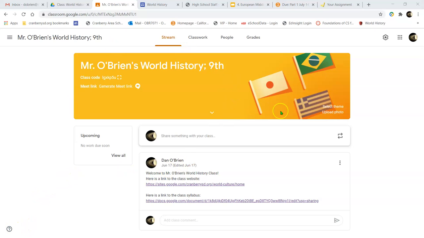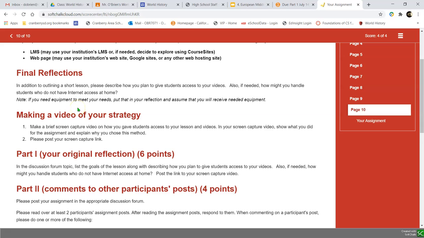The last thing that I would like to mention is you had mentioned something about asking basically how to handle students without internet access at home. And I think the biggest thing to focus on, at least to try and answer that here, is that for our school anyways, we have a very high percentage of students without internet access compared to some of the other local schools in our area. And I think one of the benefits that our students have is